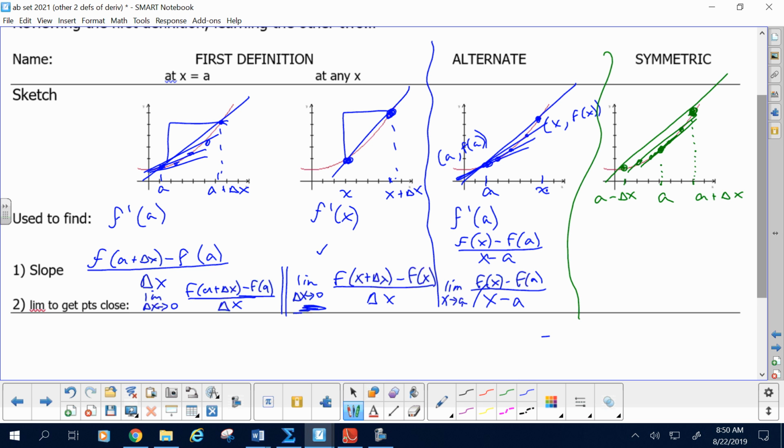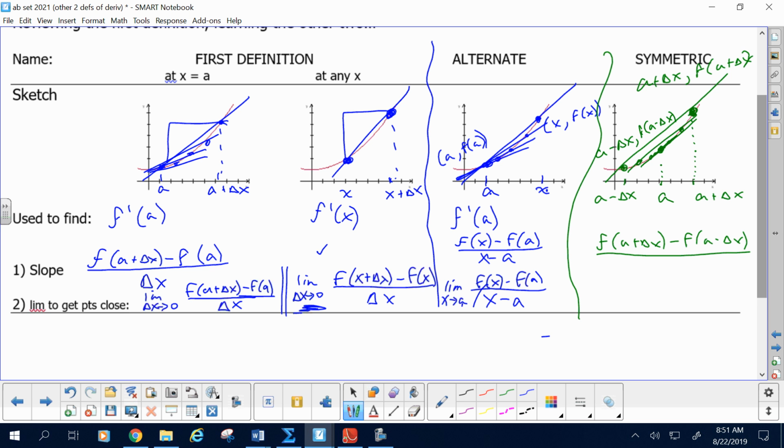So this point is a plus delta x, f at a plus delta x. This is a minus delta x, f at a minus delta x. So in terms of the slope, isn't it f at a plus delta x minus f at a minus delta x for slope between, or change between the y's? And in the bottom, what's the bottom? If you did straight up change in x's, isn't it a plus delta x take away a minus delta x? Well, how does that sound? 2 delta x's. Why is that?